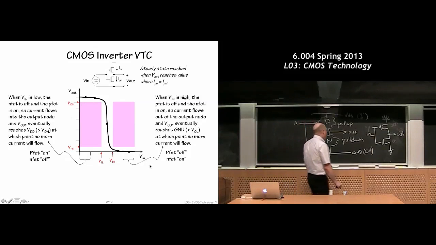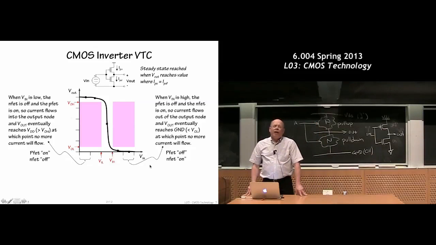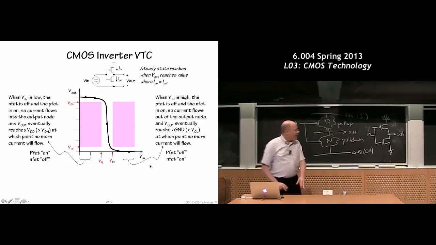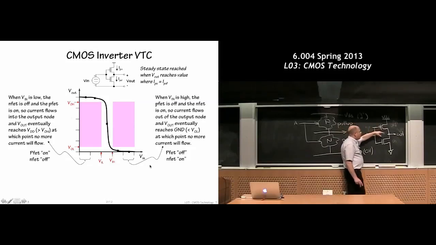Let's stop here for a second. There's one other thing I want to point out. What happens when the input is 1 here? This output node will eventually discharge all the way to ground. In other words, it's connected through this voltage-controlled switch, and it will eventually discharge all the way to ground. At that point, are there any currents flowing in this network at all? When there was a positive voltage here, there was a potential across this channel resistor, and so discharge happened. But when it finally gets all the way down to 0,